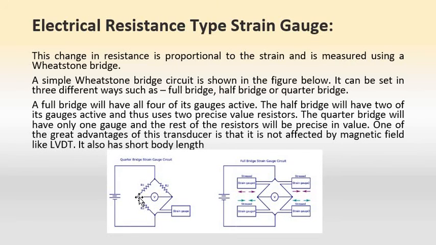Okay, now in this figure you can see only one strain gauge, so it is a quarter bridge. Quarter bridge means there will be only one strain gauge and all the other resistances will be known values of resistances. Depending upon the variation in this strain gauge value, you can automatically detect the value of the displacement. That is, the unknown value of the resistance, that is the strain value, is easily measured by this bridge, and it will be proportional to the movement.